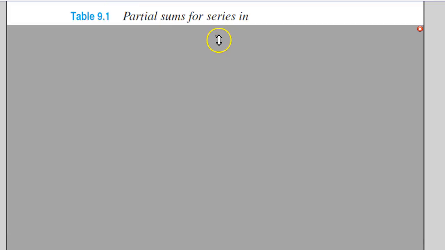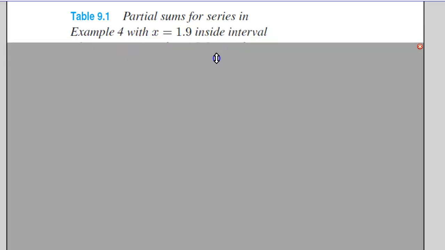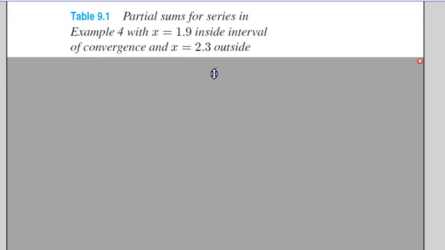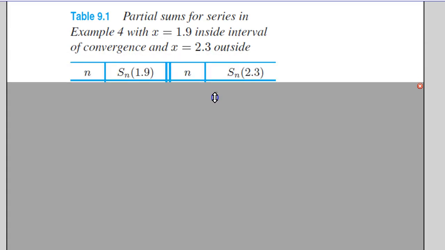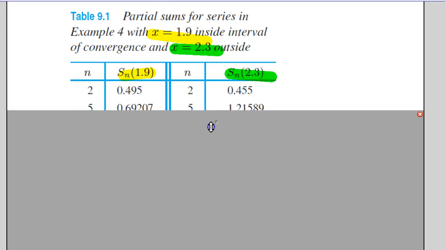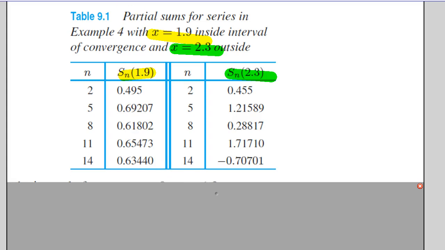So let's take a look at a table of values, and let's try 2 different x values. An x value that looks like it would converge, so any x value around 2 or less than 2, and an x value greater than 2. So we let x be equal to 1.9 and another x be equal to 2.3. And so if we take a look, here's our 1.9 column, and here's our partial sum of 2.3. And as we look at it, as n gets bigger and bigger, our partial sums seem to converge around, or don't get bigger than